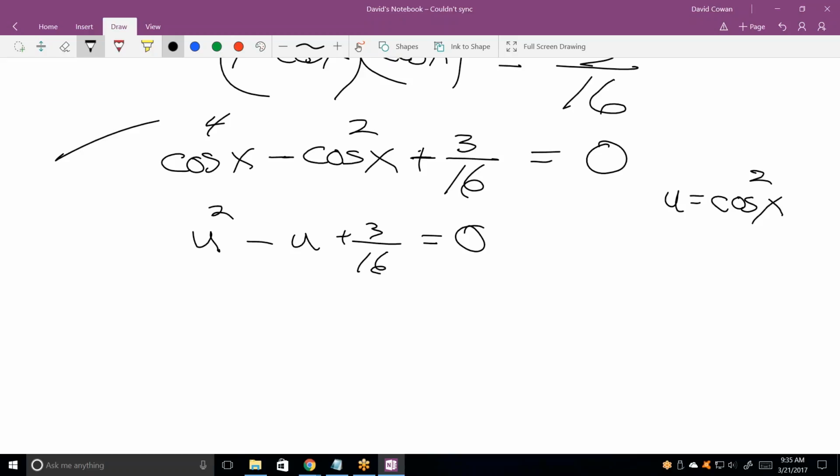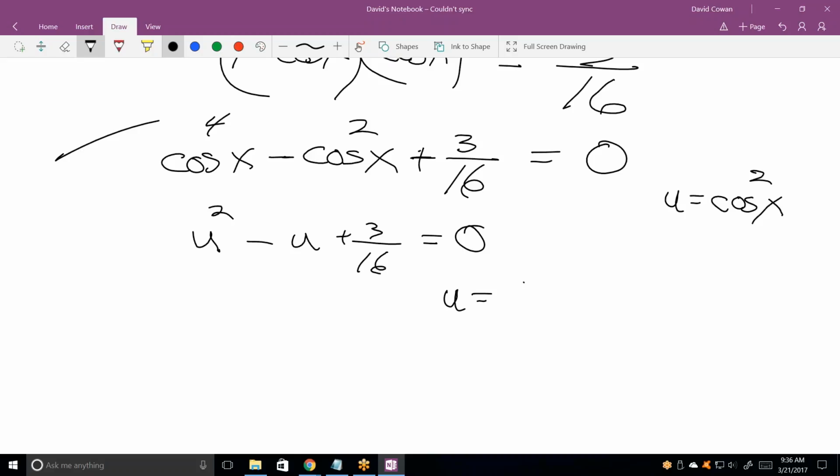Now, the question is, does anything multiply to 3/16 that adds to -1? Why'd they give us such a hard one to start with? I don't know. Could it possibly be no answer though? Oh no, no, we can use the quadratic formula here. Let's do that. U equals